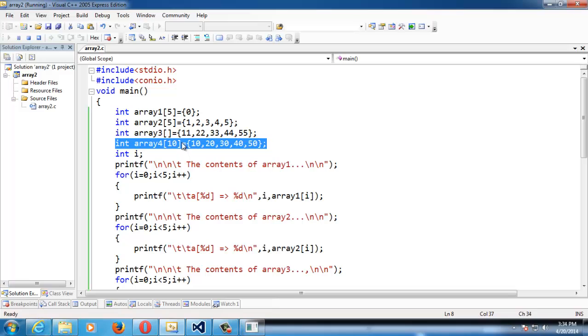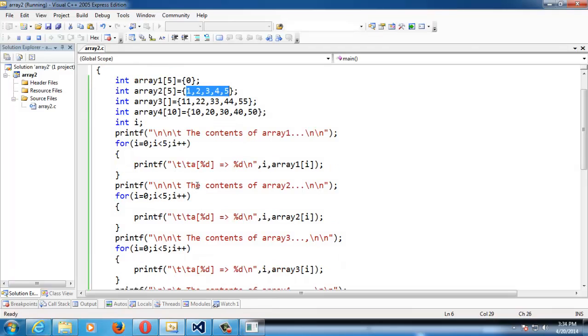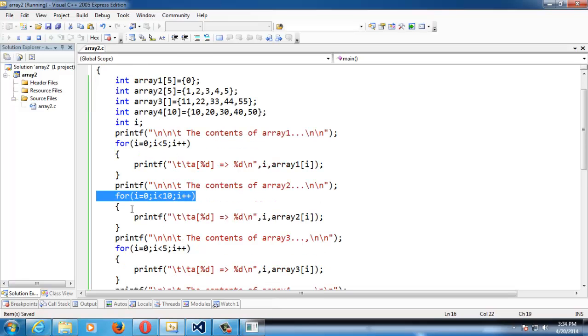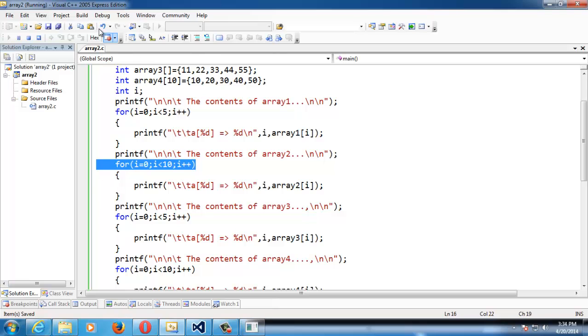So there is no bound checking for arrays in C. What bound checking means is, if you take the second array here, we have taken array 2 with maximum length 5, and we have initialized 5 values here. If a programmer or a user does something crazy like this, if he runs the loop for 10 times, even though he has taken the array with maximum length 5, what happens? If you run the program and see,